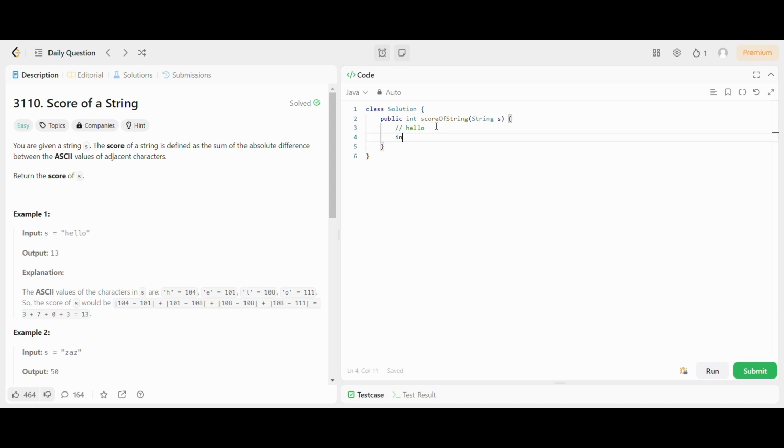I am declaring a result variable and initializing it to 0. Then I will run a for loop from the second character, and I will add the absolute difference between the ASCII values of the character at index I and the character at index I minus 1. So for int I equal to 1, I less than the length of the string, I plus plus,